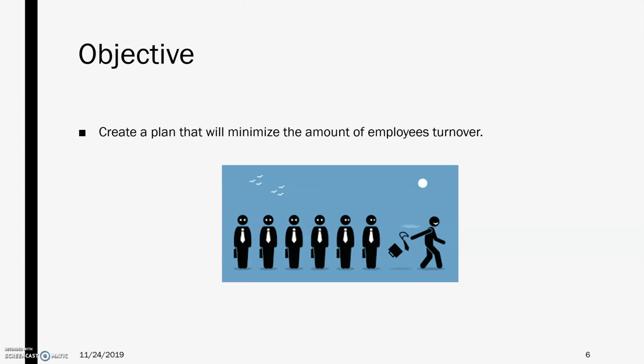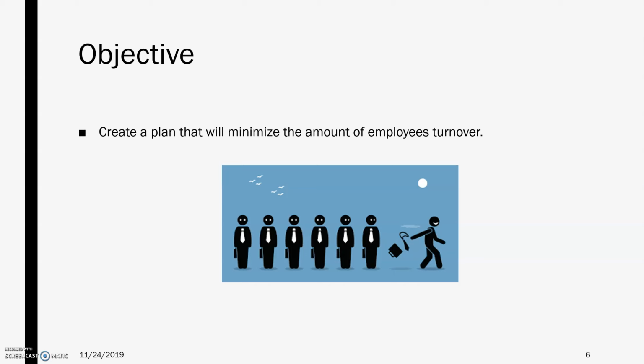The objective for minimizing employee turnover is that I want to create a plan that we can use to minimize that amount. This plan should be capable of being implemented within any department, any part of the company, at any time, at any level. And it should be easy, straightforward, and it should not take too much management time to be implemented. So after we get certain training, this should be easy